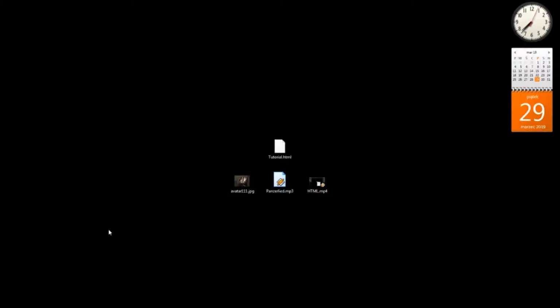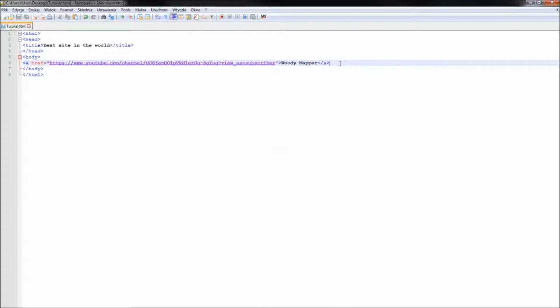Okay, so now the next part. So you may want to add your own pictures to the side. So just write img src equals, then write the name of this file. This file has to be in the same folder where the HTML file is, except if you put the full path, what's in the folders, like C users,